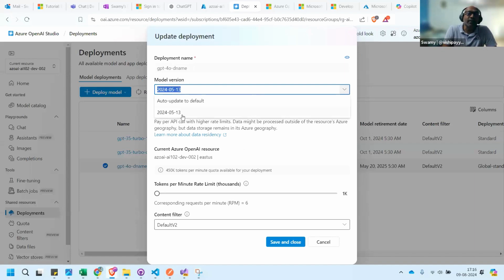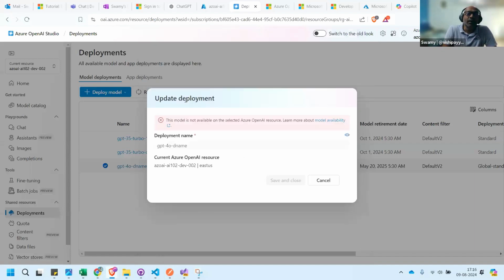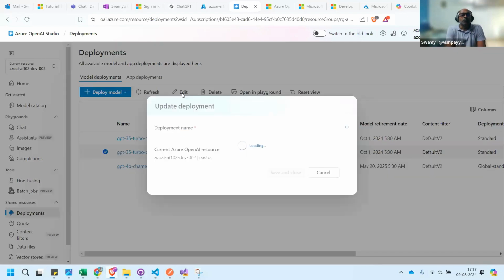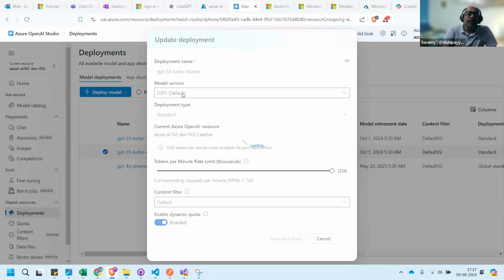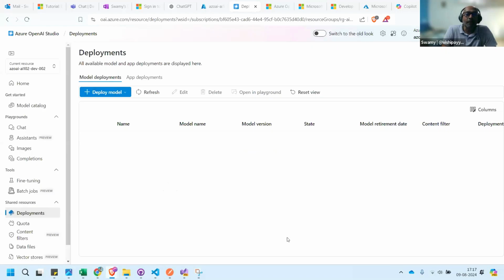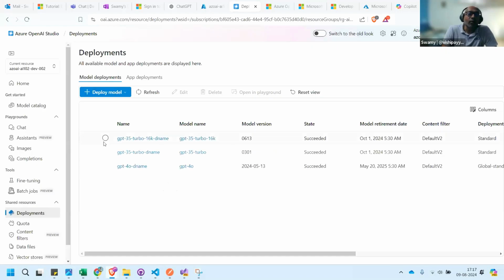You can see that I selected the model version. If I want to update, it's not allowing me to. But if I come back to the 3.5 Turbo or 3.5 Turbo 16K, let's see that. You can see it's auto-update to default; save and close. That allowed me.